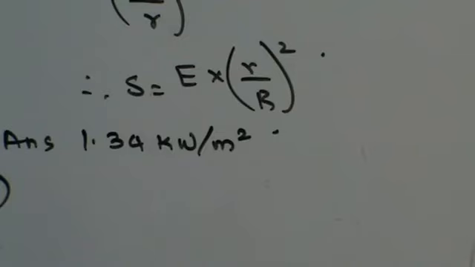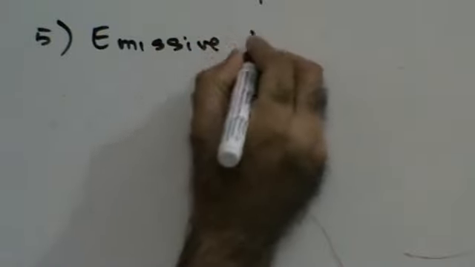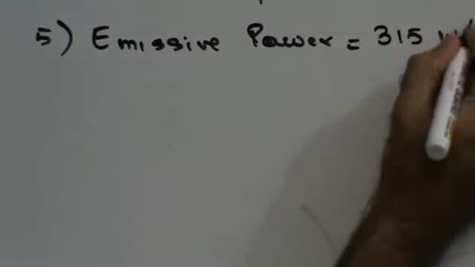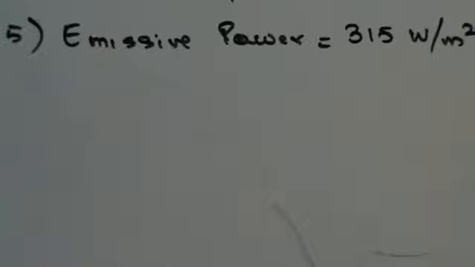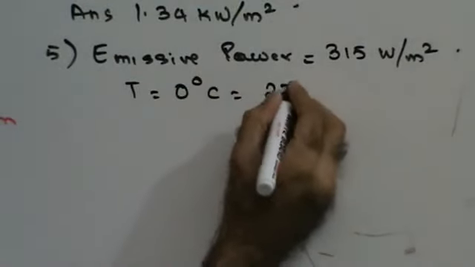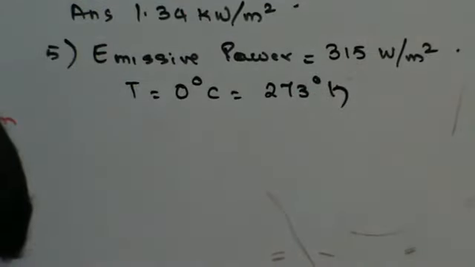A black body at 0 degrees Celsius radiates heat at the rate of 315 watts per meter square. How much heat is radiated in 1 minute